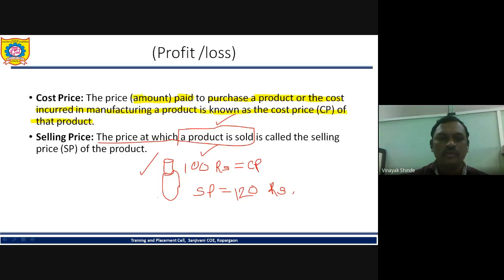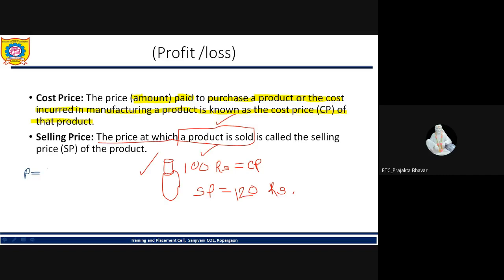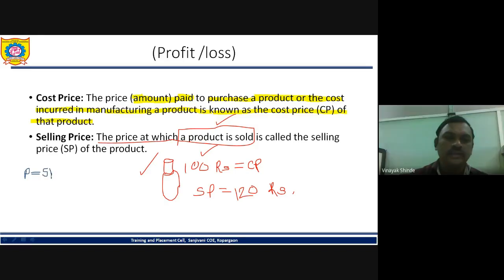So can you tell me the formula of profit from this case? Selling price minus cost price divided by selling price. That is the formula of profit in percentage. So profit is equal to the selling price minus cost price. But let us say there is another case. If I sell this water bottle for 80 rupees, this is the second selling price, then how much is the profit or loss?